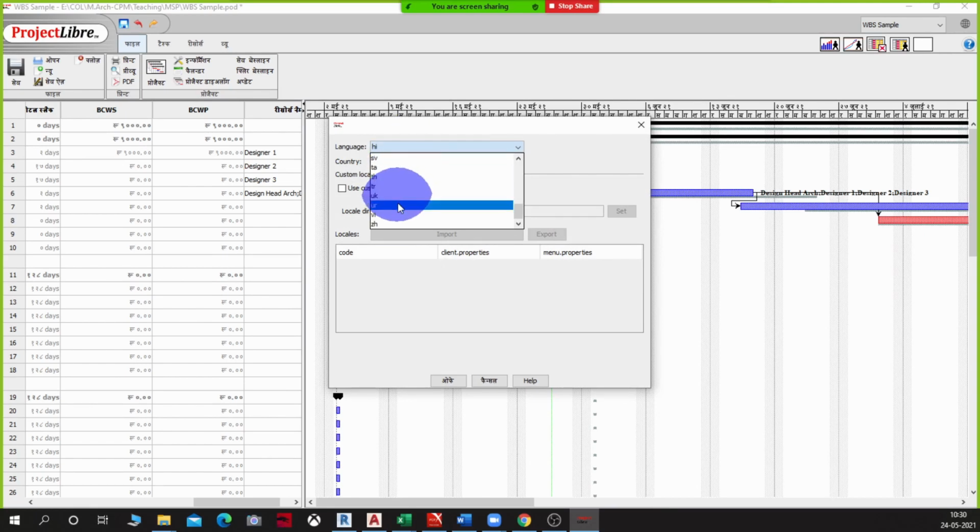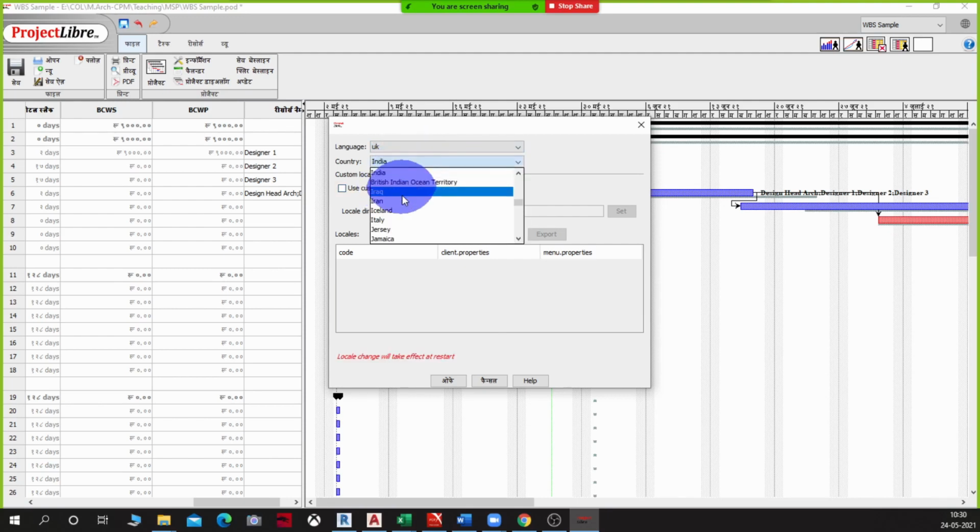Let me take, let's say, UK, and I will change the country also to, where did that go? England, no? I don't know. Britain. This will be country.